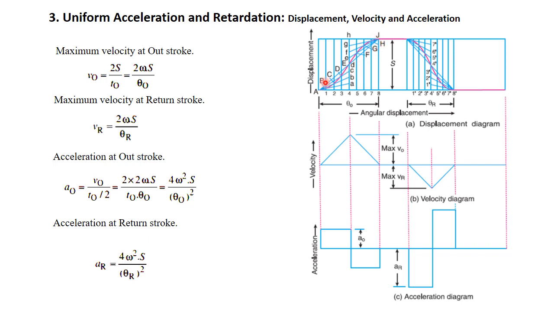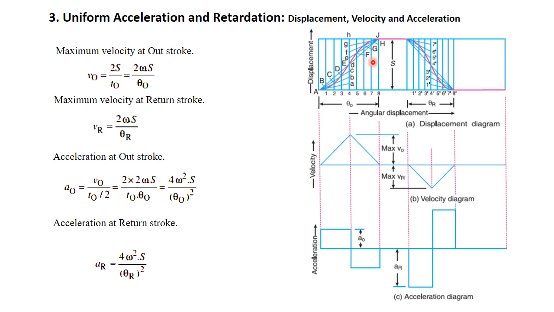If we see, the curve is very smooth. It gradually takes the displacement to the higher position. So it gradually increases the displacement and then gradually decreases the displacement. As the acceleration is constant, there is no jerk in this type of motion of the follower. So this is the beauty of this type of motion.